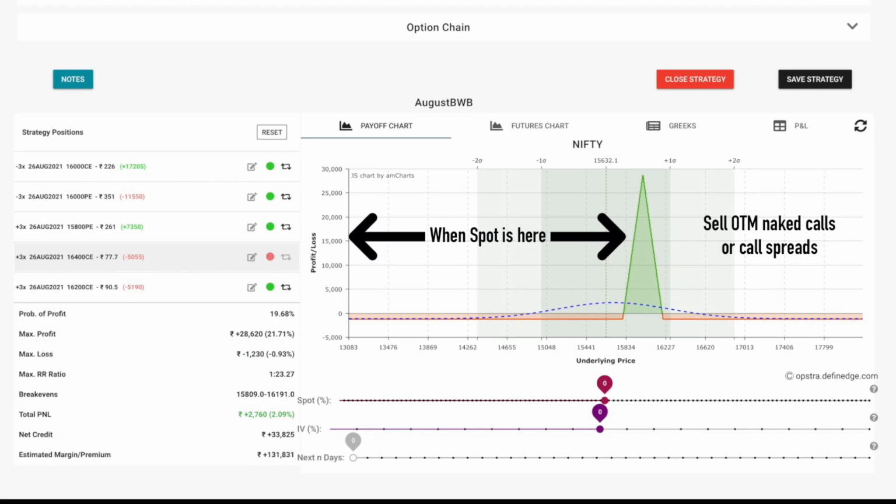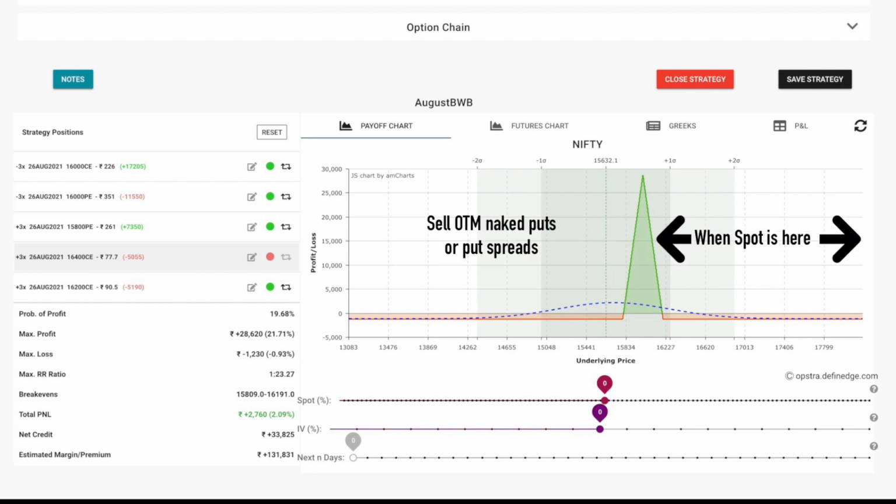The above risk can be reduced further, depending on your risk appetite, by selling weekly out of the money call options or spreads above the upper break-even point when the spot is below the lower break-even point, or by selling weekly out of the money put options or spreads below the lower break-even point when the spot is above the upper break-even point. This, of course, will change the payoff chart of the position, but it is a risk worth taking, especially when close to expiry.